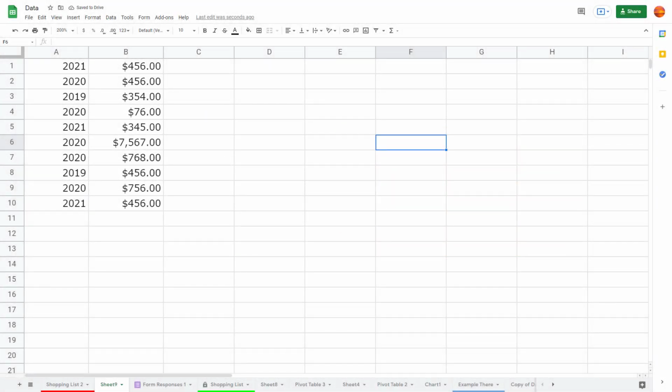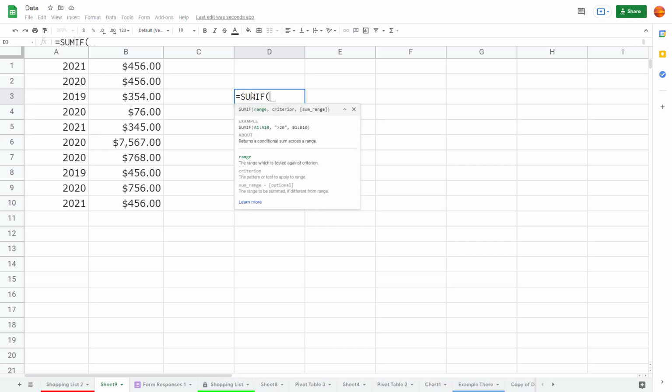So over here, you can see that I got random data. And now what I'm going to do is use the SUMIF condition to only calculate the values which are here in this column right here. So I'm going to press equals, then type in SUMIF,